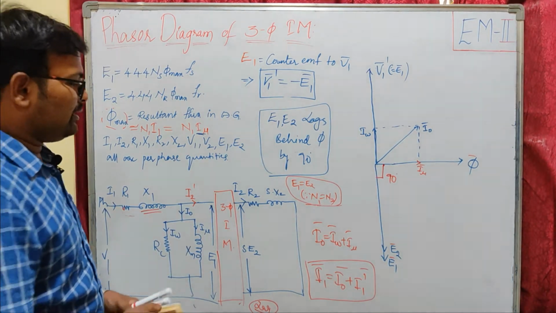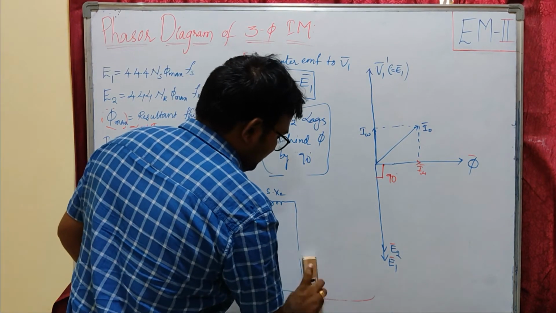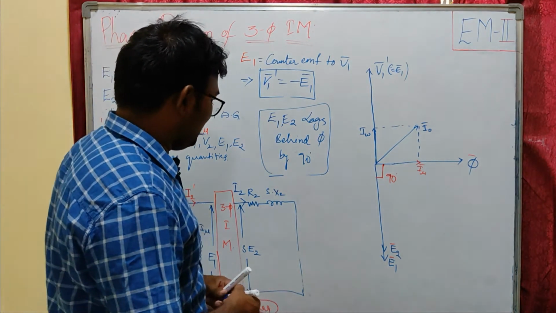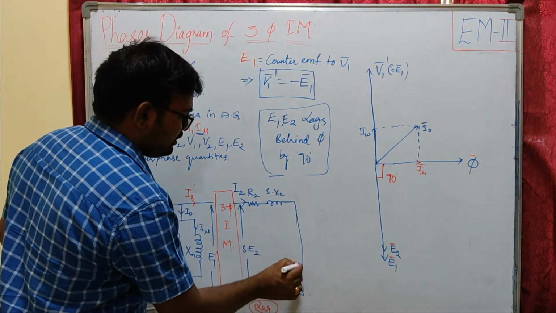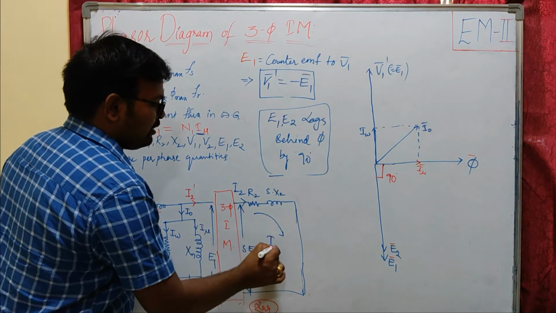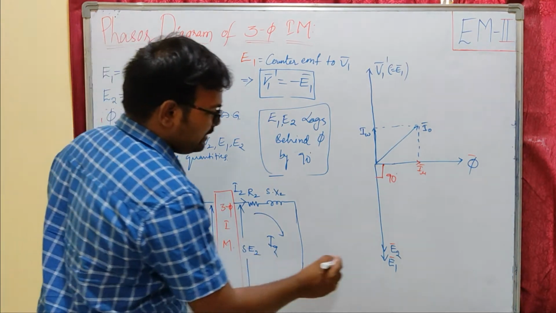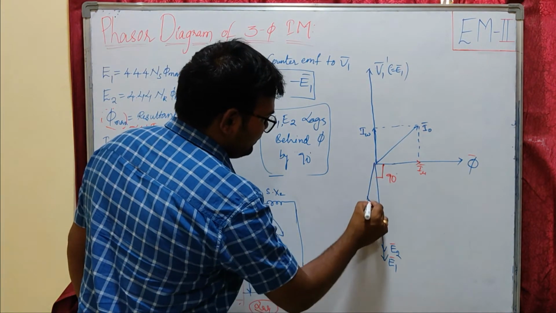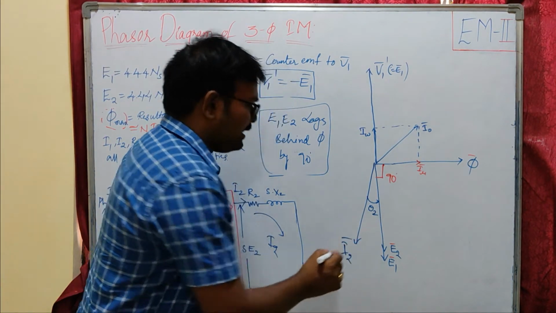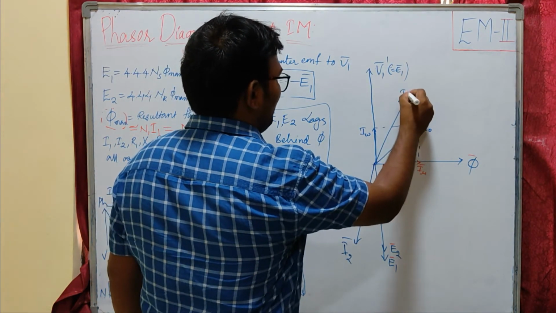What is I2 dash? I2 dash is the load component of our stator current, the load equivalent of our stator current. If there is any load on the rotor side, this I2 will be drawn by the load and will circulate in the rotor side. This I2 will demand some current from the stator, that is I2 dash. This I2 lags behind E2 by some angle theta 2, because it is a lagging machine. So our I2 dash will be the counterpart to this I2. This is my I2 dash.